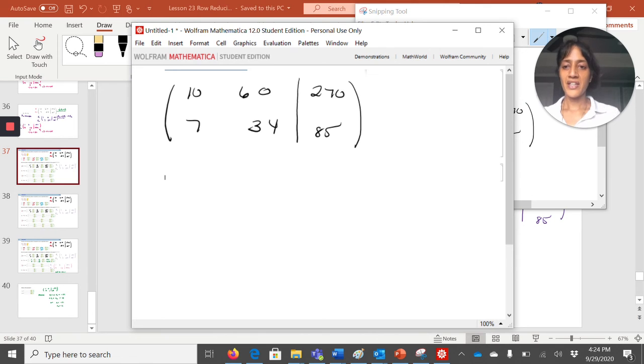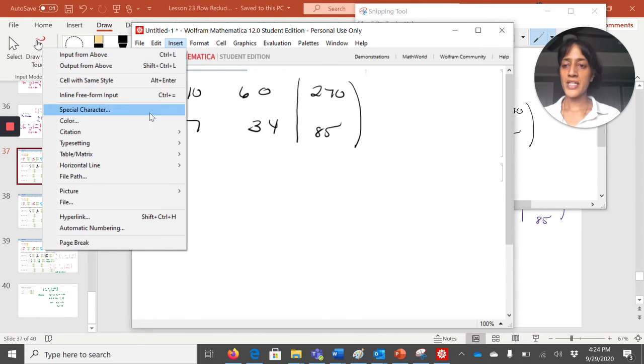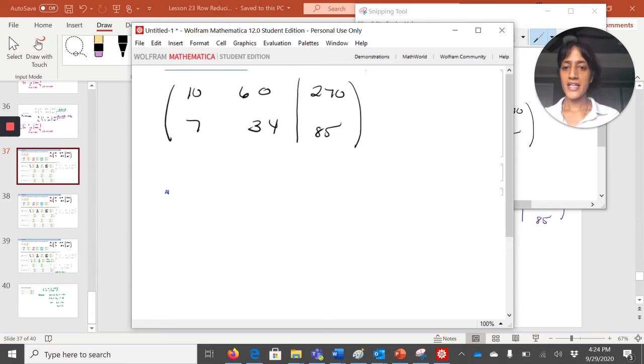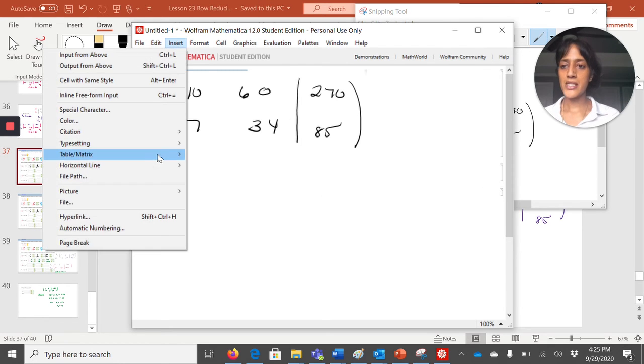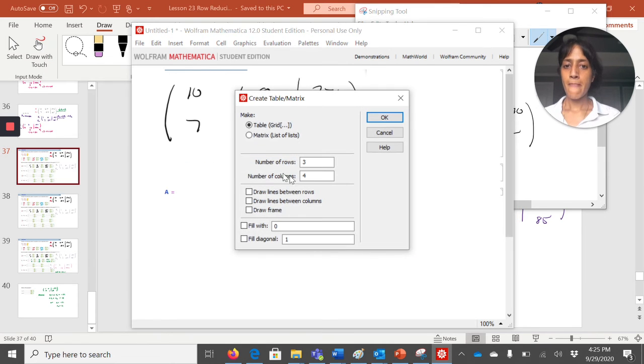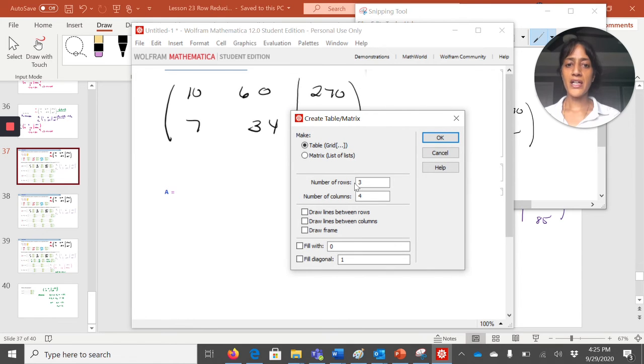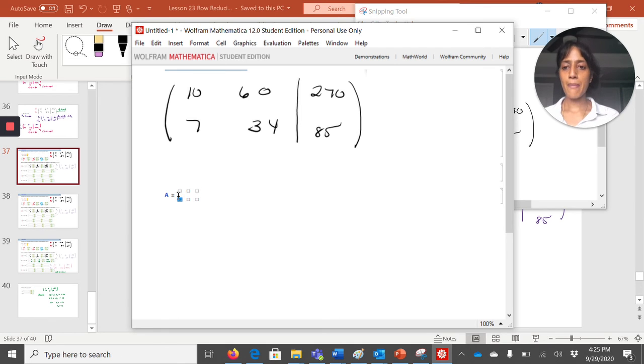Here's my stuff. My A that I'm going to insert, see, A is equal to, and I'm going to insert a matrix, new, and it's going to be 2 rows and 3 columns. The augmented matrix is 2 rows and 3 columns. And I'm just going to pop in here the 10, the 60, the 270, the 7, the 34, and the 85, and then close the brackets, Shift Enter,